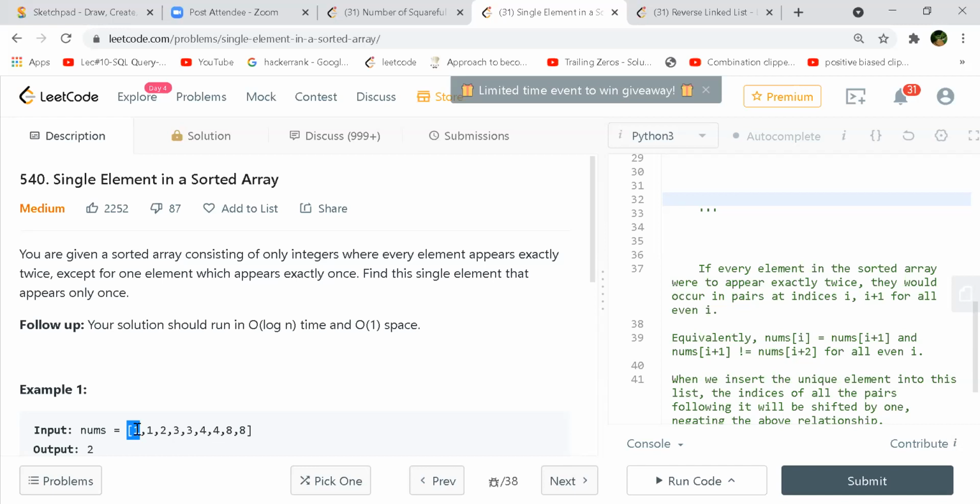So let's say you apply binary search and the mid comes out to be 3. Okay, then we have to basically take a call, like where to go, to the left or to the right. So you have your mid, your 3. Now what we can do is compare this mid with mid minus 1 and mid plus 1. If either of them is equal to the mid value, then it is the duplicate.